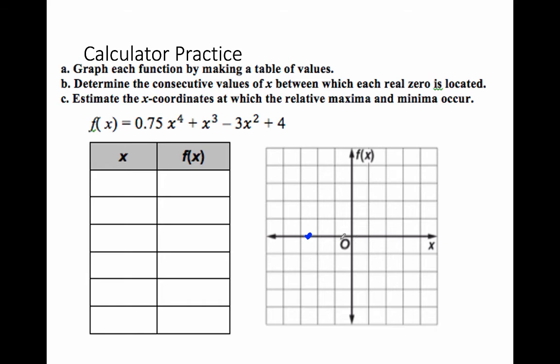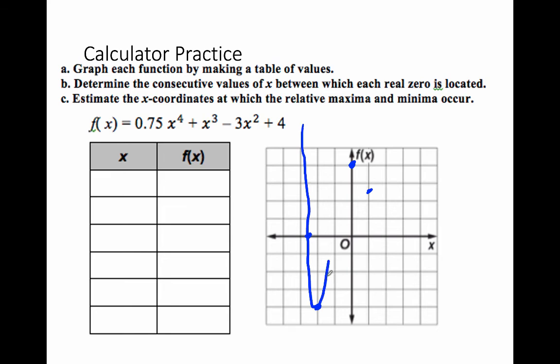I've got a minimum at -2, -4. I've got a maximum at 0.4. I've got a minimum at 1, 2.75, and then I go up forever. So now my sketch is going to look something like this. This is a sketch. Wait,